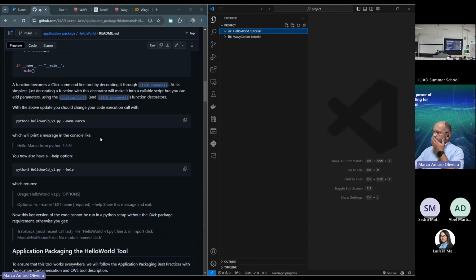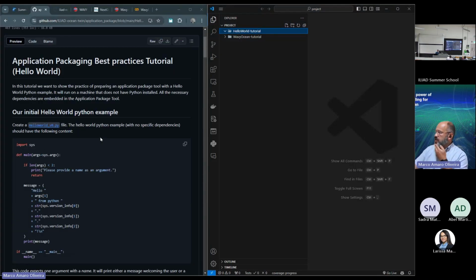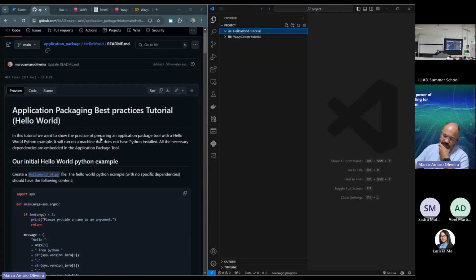Okay. So for this first example, my idea was to start with Hello World, always. Having a Hello World Python code that we want to containerize, and we want to provide as an application tool, as an application package tool, and as a processing pipeline with only one step, so that we can see how to implement